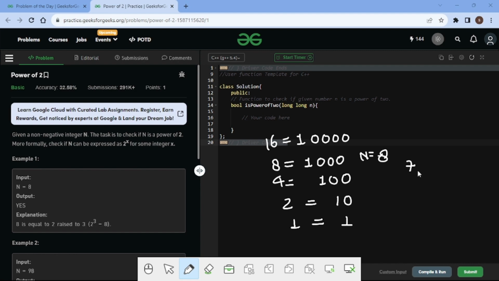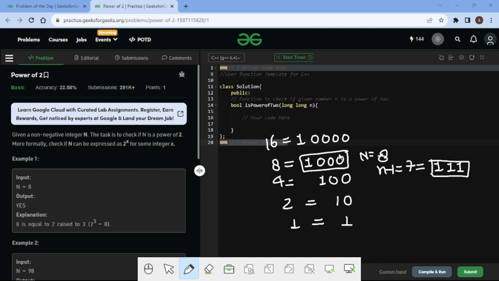Now if we represent 7 in bit format, all the zeros become 1, so 7 is 111, and 8 is 1000. So n minus 1 is 0111 and n is 1000.